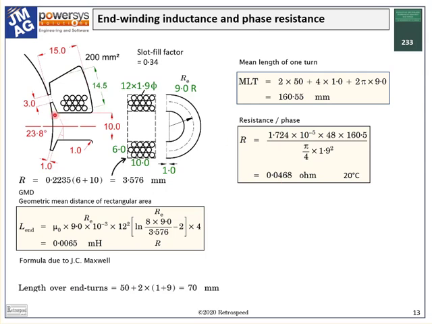Now the wire size is deduced from a consideration of the slot fill factor, and the drawing shows a possible arrangement of conductors which gives a slot fill factor of 34% with a wire diameter of 1.9 millimeters. That is quite thick wire, rather stiff, and we might want to divide it into a number of smaller strands, but I won't pursue that here.